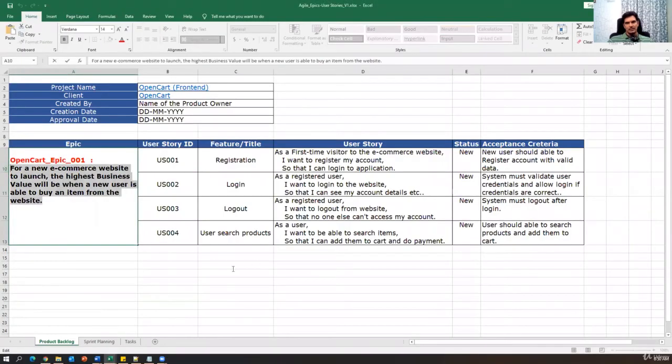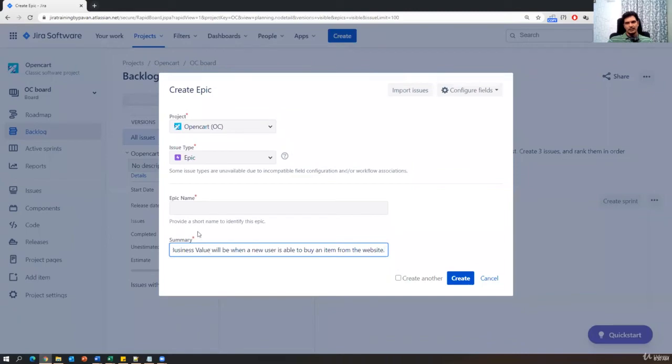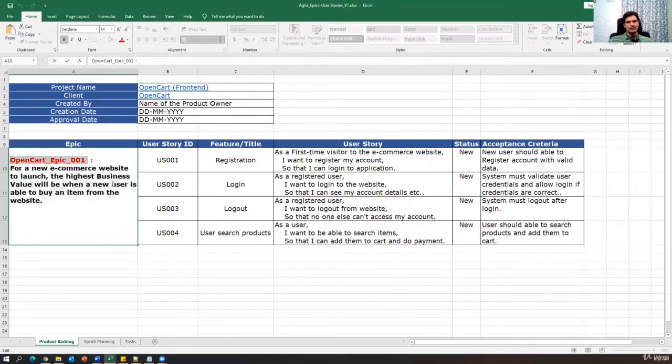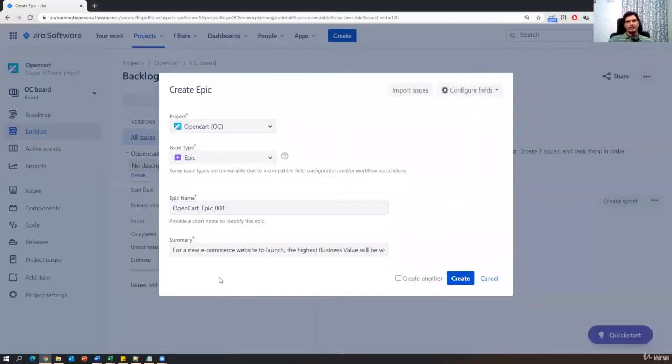This is a summary actually. So let me just type summary here and provide a short name to identify the epic. So I can just give this as a name of the epic. So this is my name of the epic, and this is a small description or summary of my epic. Similarly, if you want to create another epic, you can just select this check mark, create another,